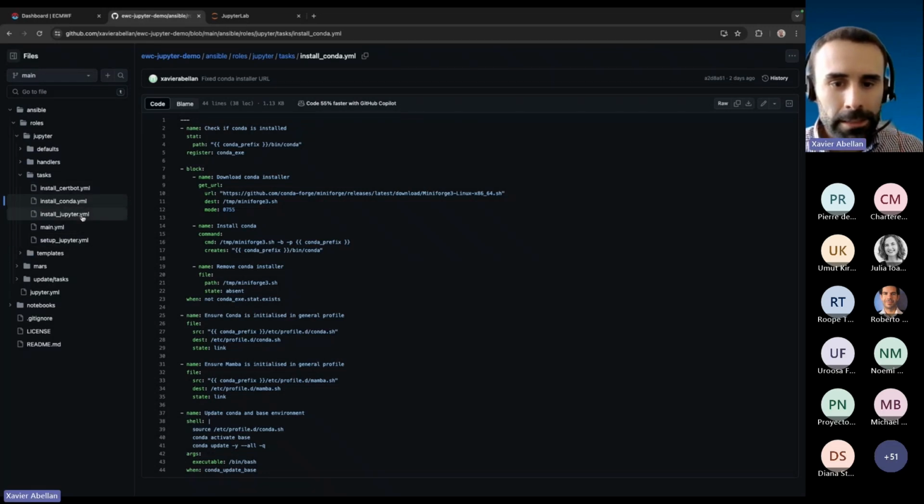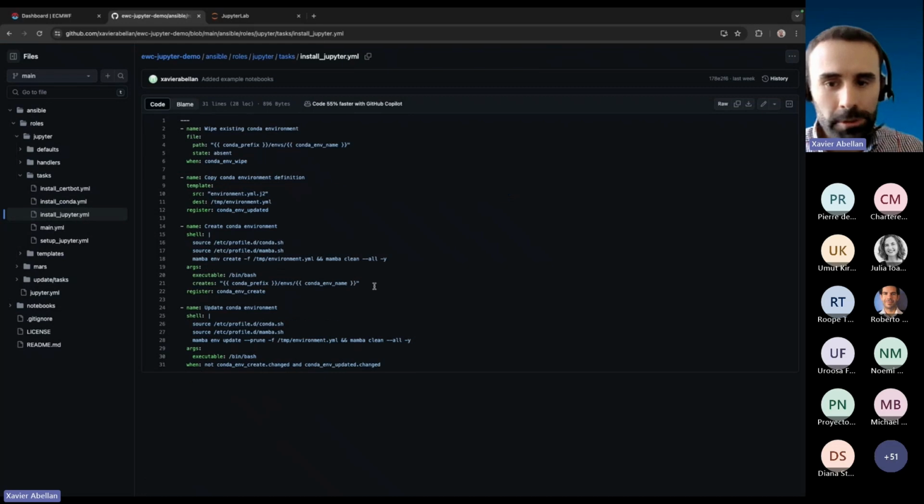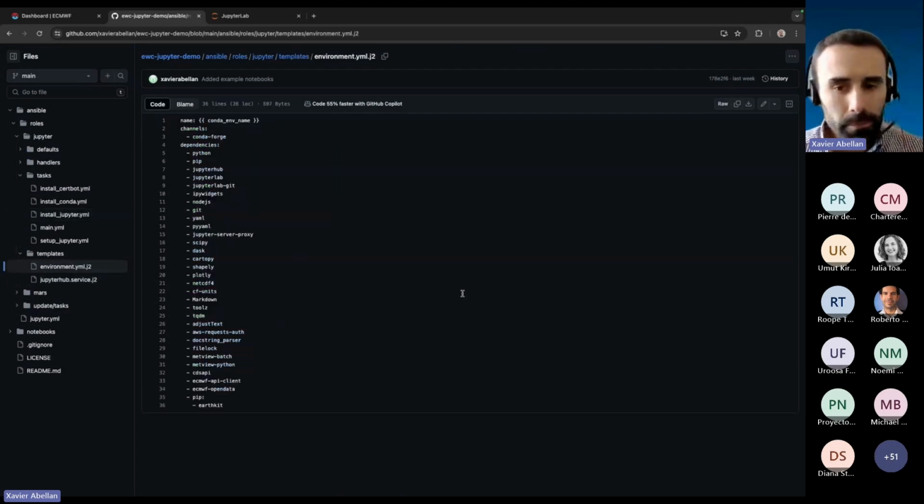So next thing would be to install Jupyter itself as part of a Conda environment, and this is also an important bit. So this is going to be creating the environment itself, which I have defined in a YAML file here. With Conda, you can create so-called environments, Conda environments, which you can export like I've done here, and you have a list of requirements in the